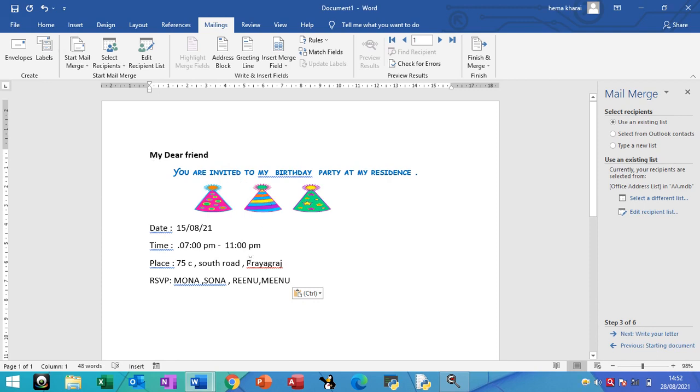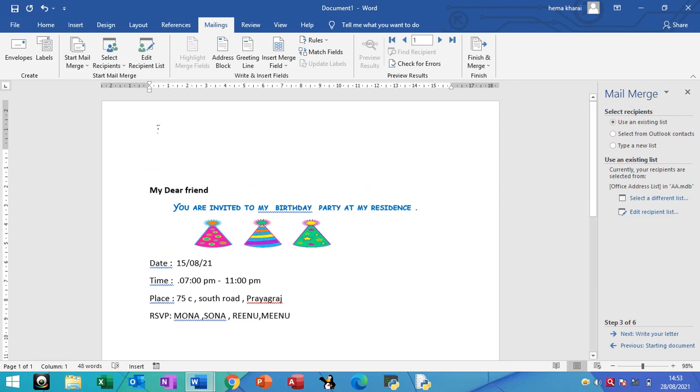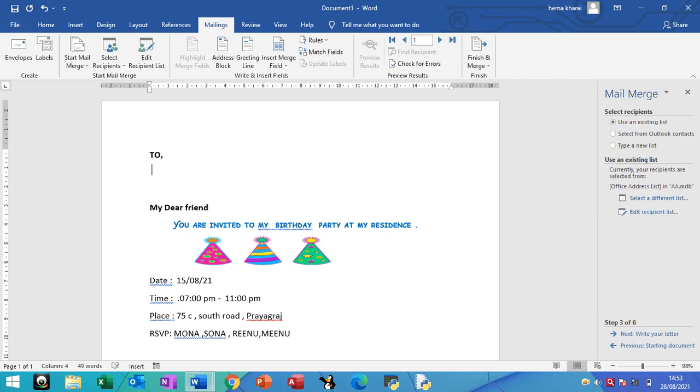Now you can also do letter formatting like this. You can insert pictures, you can take anything here, whatever you want. So this is my whole main document which I want to send to my friends. Now you may insert here. Now once you have written your letter, you have to insert few things in it, like to whom you are sending your letter to, you will write to, and then you have to write address of that person.